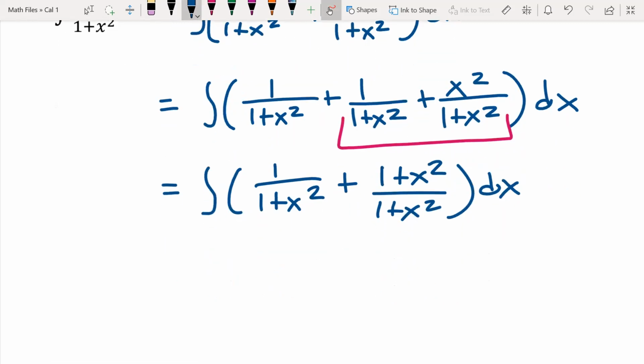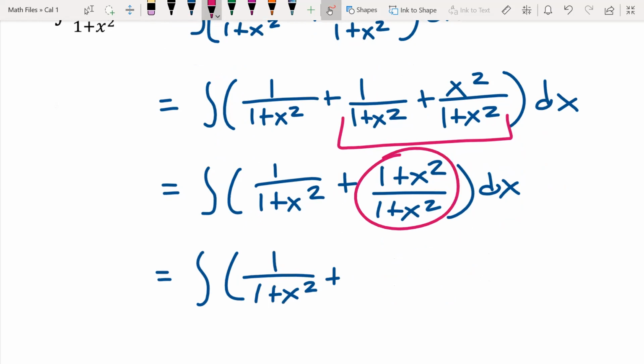And now, when we simplify this, we're not taking the antiderivative yet. You get 1 over 1 plus x squared plus, and then what does this become? 1. Just 1. Look how nice that worked out. 1